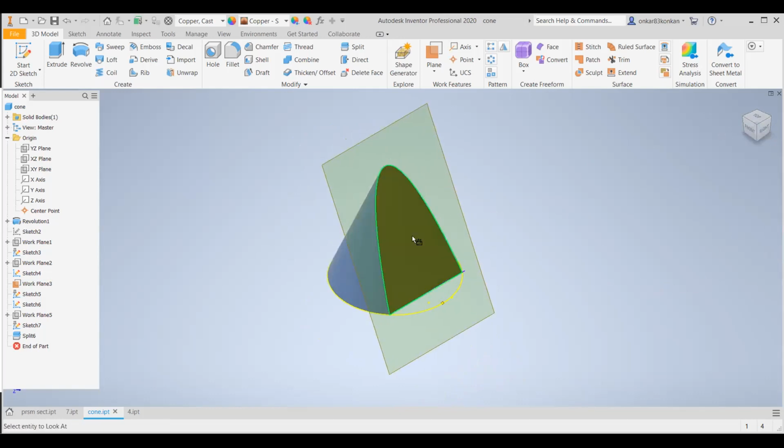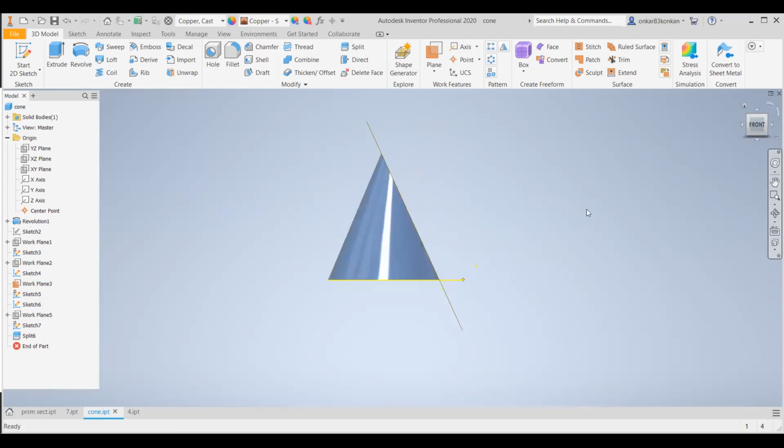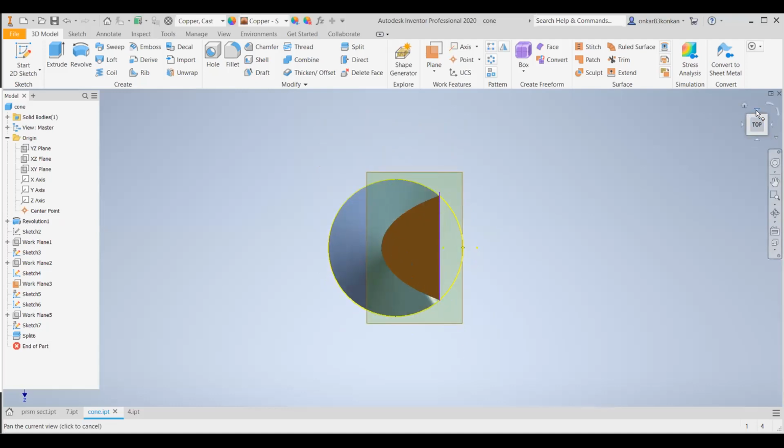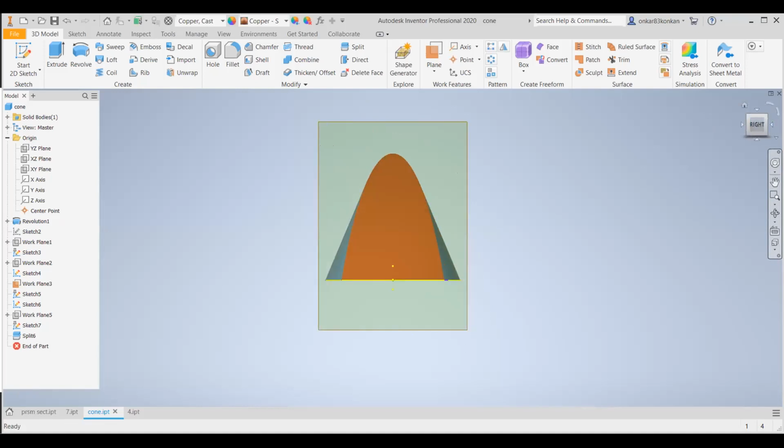If you observe exactly in the perpendicular direction, then the true shape will be a parabola. So this is the front view. This is the sectional top view. And this is the sectional side view. It is a right hand side view.